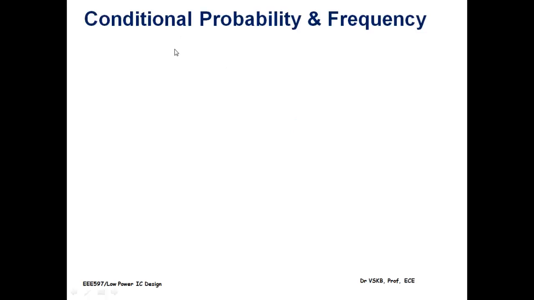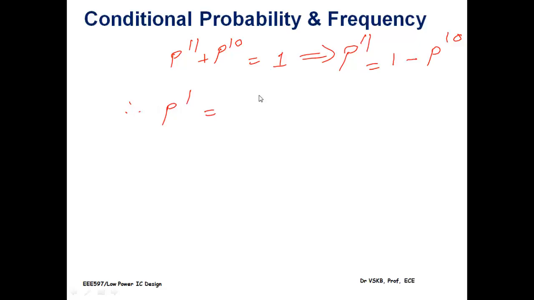And I would go for taking in the similar way P of 1 1 plus P of 1 0 is naturally 1. That means the current state, with the current state as 1, changing to 1 and changing to 0 is 1. This also implies that P1 1 is going to be equal to 1 minus P1 0. From this I derive. Therefore, I will have P1 to be equal to